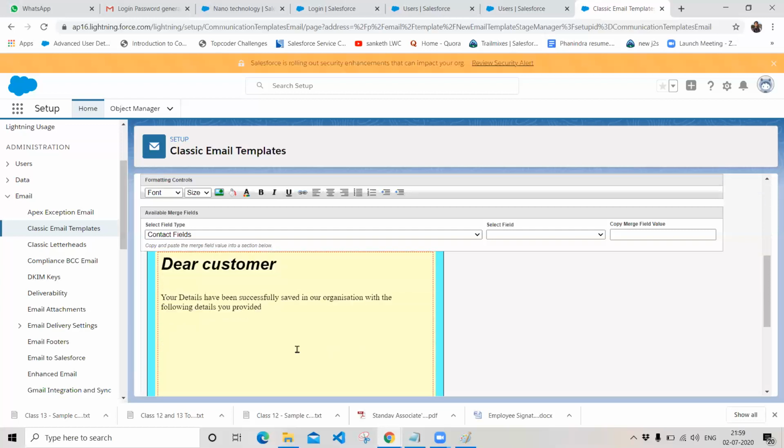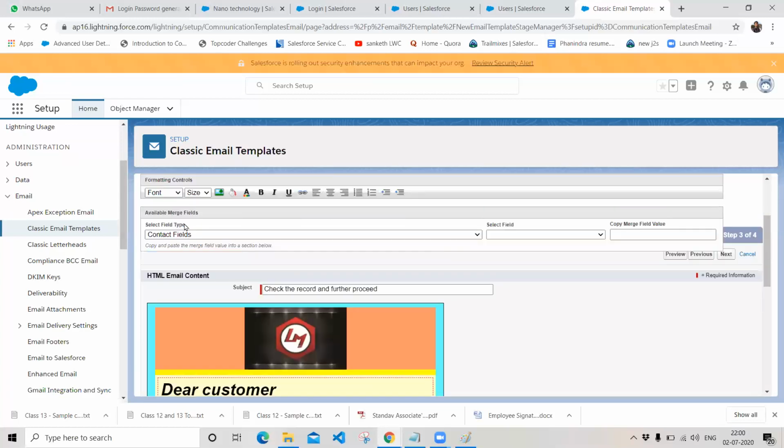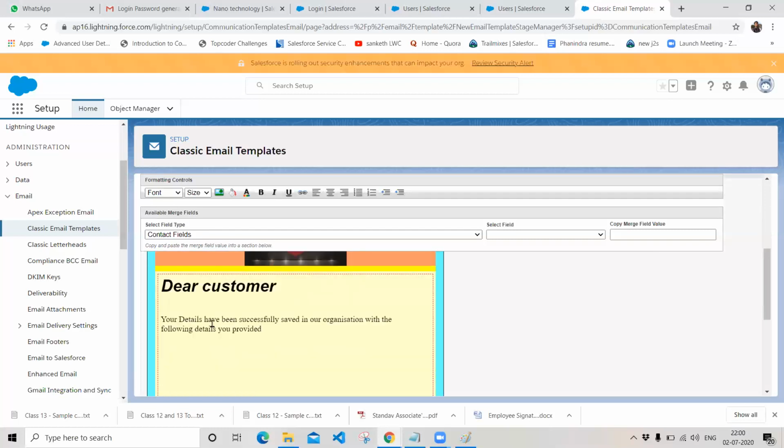Whenever we are creating a text format of classic email template, or a custom email template, or an HTML format of email template, we have a function called merge fields. What merge fields will do is automatically get the data from your record and assign it to the body of your email template.